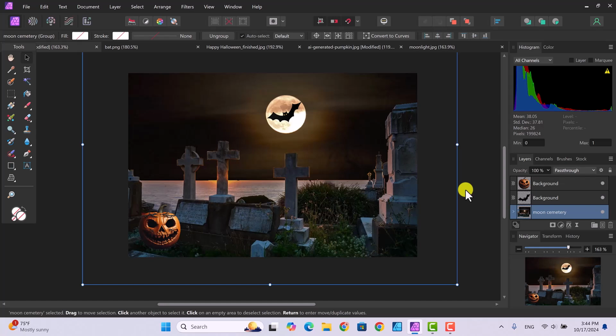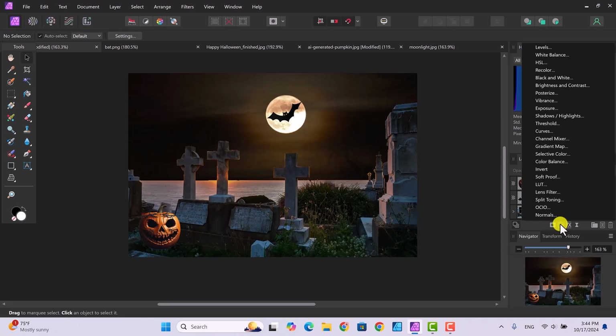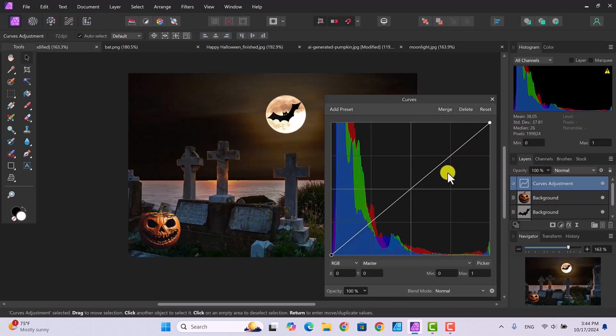Now, we're going to use the curves adjustment layer because we're going to fiddle around with the lighting in this thing. In order to do that, remember, I don't know if you remember how to get to your adjustment layers, but it's this round circle that's got kind of a half moon. And if you mouse over it, you'll see it says adjustments. Of course, if you don't remember where it is, you'll have to mouse over like 1,000 things before you find it. But it's right here. And then when you click on it, it's going to open up this menu, and we're going to go over to curves. And we've got our curves adjustment layer